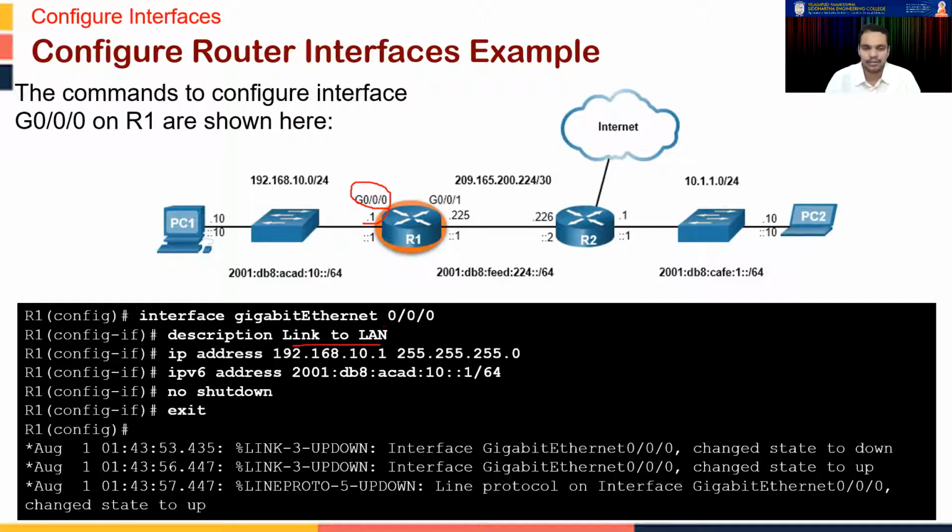Link to LAN, you can put anything in the description part. Sometimes in the exams you will find LAN names, maybe server 1 LAN, server 2 LAN, lab 1 LAN, lab 2 LAN. Here I can say description lab 1 LAN or anything which I like. Then see the IP address for this particular interface. This is the network address, I told you how to read this. 192.168.10.0 is the network address, and here the .1 is the IP address of this particular interface. So I write down 192.168.10.1. For the subnet mask, there is a prefix length that is given here, 24.